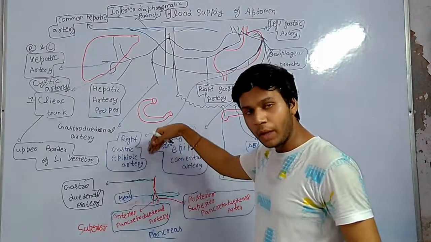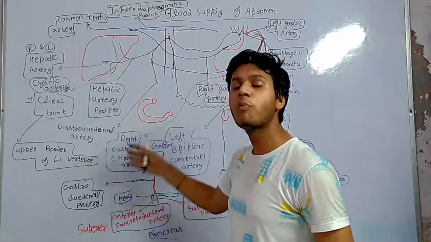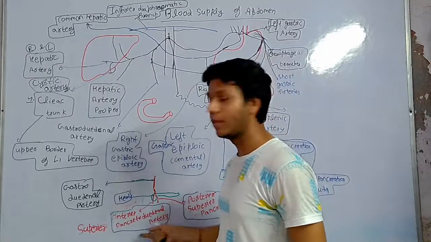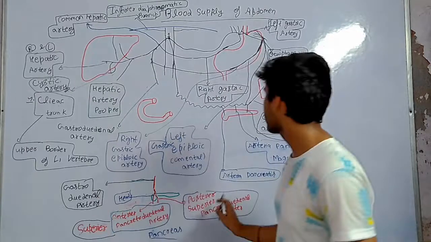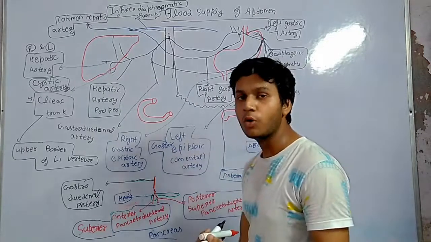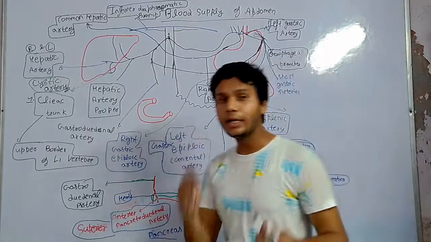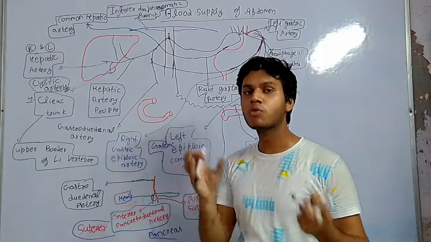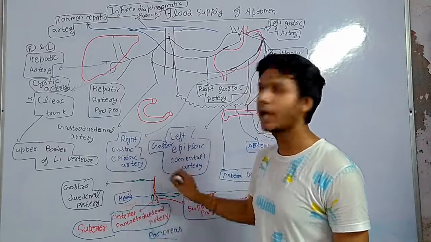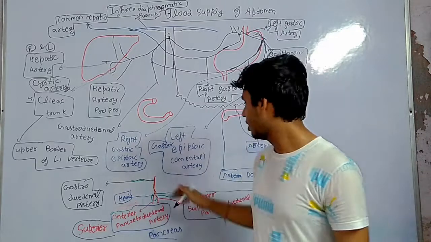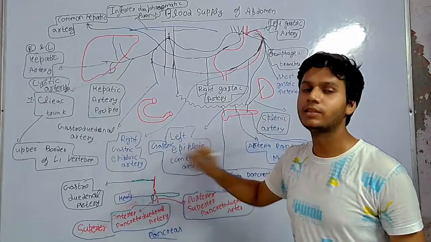One goes anterior to the head of the pancreas and one goes posterior to the pancreatic head: the anterior superior pancreatoduodenal artery and the posterior superior pancreatoduodenal artery. From below, two arteries come and anastomose around it, called the anterior inferior pancreatoduodenal artery and the posterior inferior pancreatoduodenal artery. They anastomose around the head of the pancreas, and these supply the pancreatic head. The body is supplied by the splenic artery. The head is supplied like this.